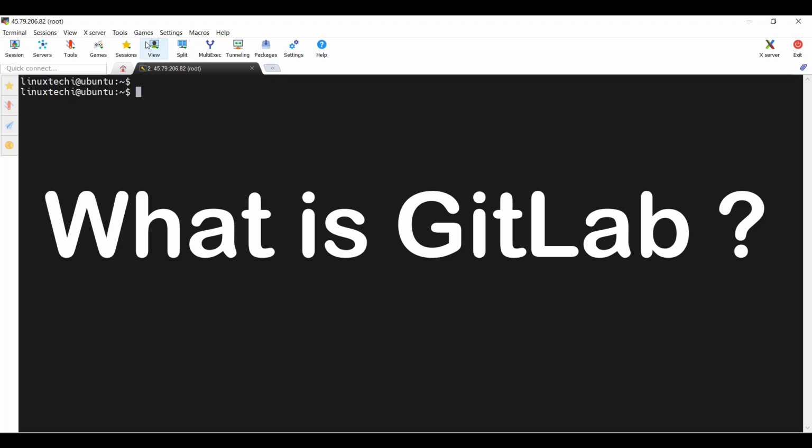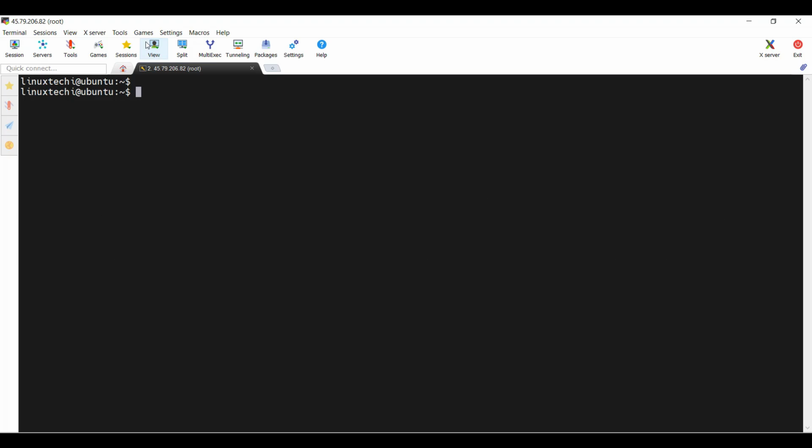In this lecture, we are going to explain how to install GitLab on Ubuntu 24.04. GitLab is an open source web-based Git repository that allows developers to host both open and private repositories. In addition, it's a complete DevOps tool that enables developers to manage repositories, sort out code issues, CI/CD pipelines, and